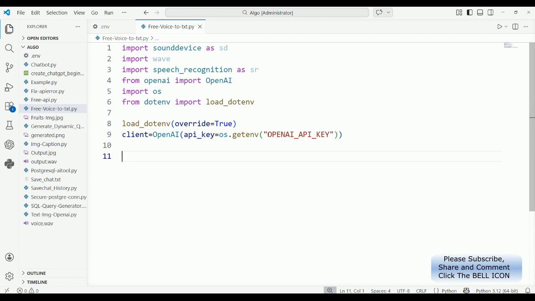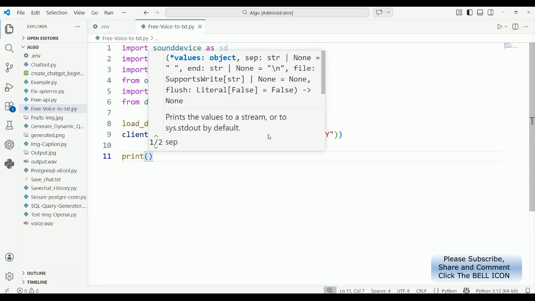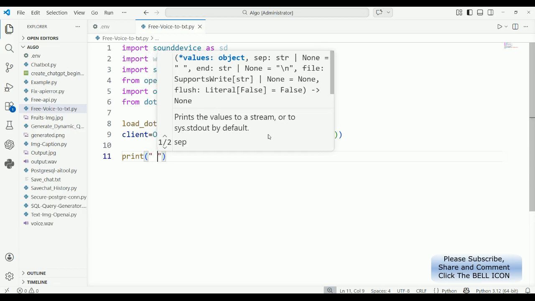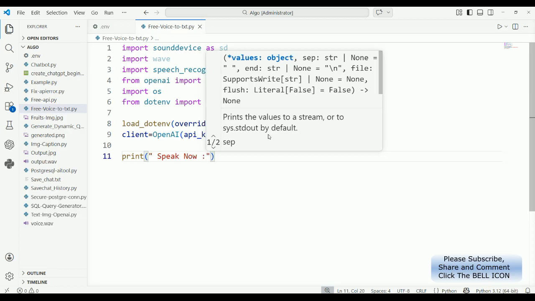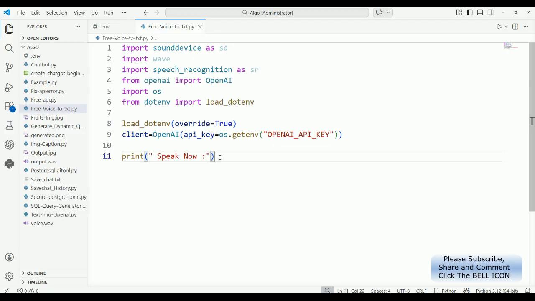Then after adding the API key, first we need to record our voice, because it's a voice AI assistant. Now first we need to record our voice. For that I'm using print, "First speak now." Speak now is a command. When this file executes, it will prompt with the first message, speak now. Then fs equals